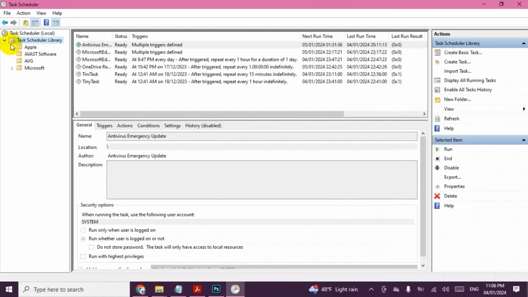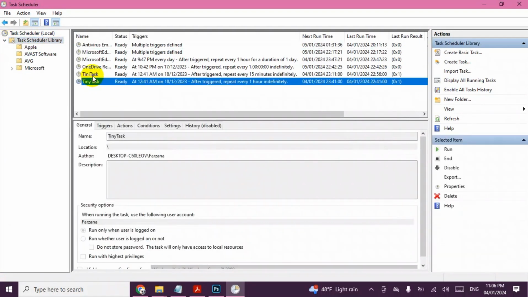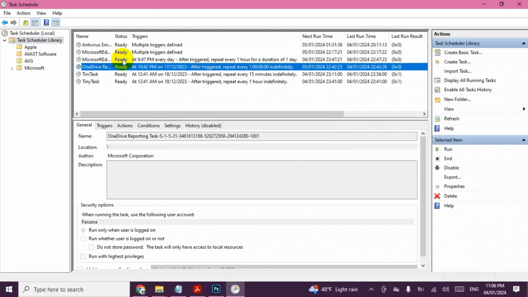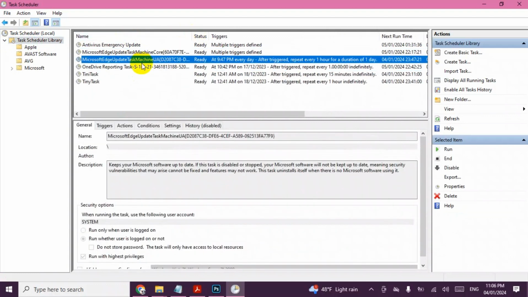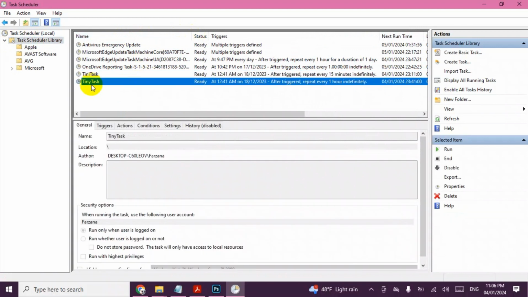You will see here tiny tasks, ready, and we have a lot of tasks here. You will find the tiny task, which is that one, the error which we have. So right click on it, click on disable,